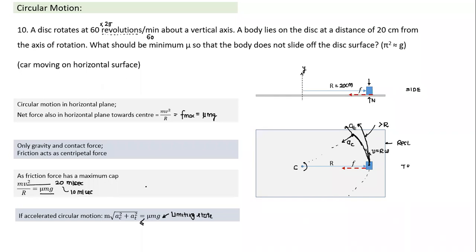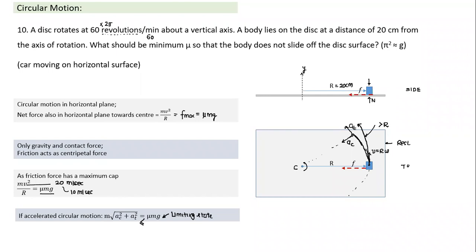The friction force's role is to make the tangential acceleration 0. So if the centripetal force required is less, the friction force will adjust itself to that value of force. So the friction force will adjust itself to whatever value we arrive at here. Just assume friction was not there. What is the force required to make it move in that path? If the object is moving in that particular path, it means this acceleration must be acting, and if this acceleration must be acting, the corresponding force must be acting.